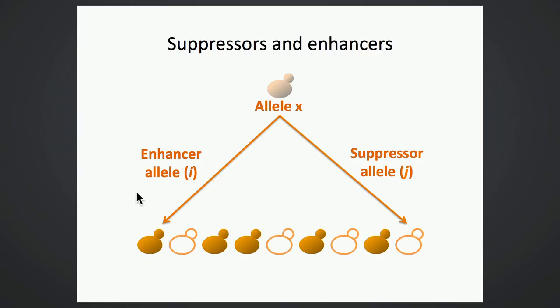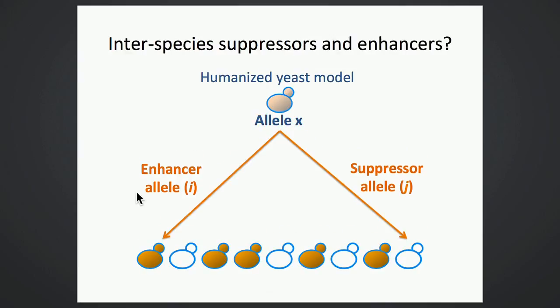And based on this, coming back to our big problem, we are trying to identify genetic interactions between human gene alleles. We know, for everybody here, that yeast has been a system in which we can characterize genetic screens and identify suppressors and enhancers. In this case, we propose we can start with the humanized yeast model and also do interspecies identification of suppressors and enhancers.